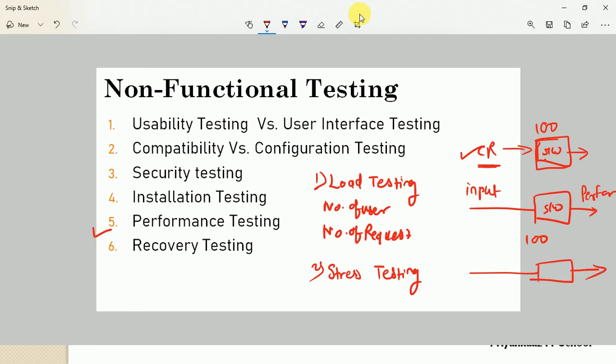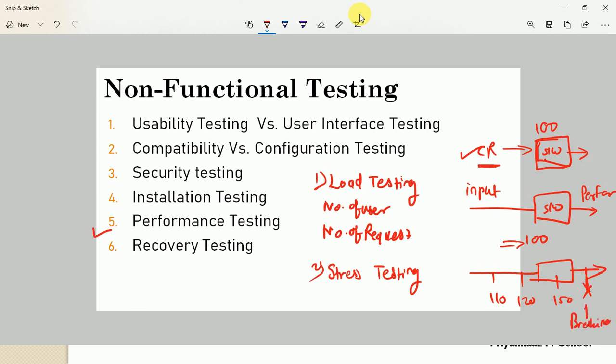Beyond the limit means, if the requirement is 100 users, we can pass 110, 120, 150 like this. At some particular load your application may hang, crash or break. So generally in stress testing we identify this breaking point.